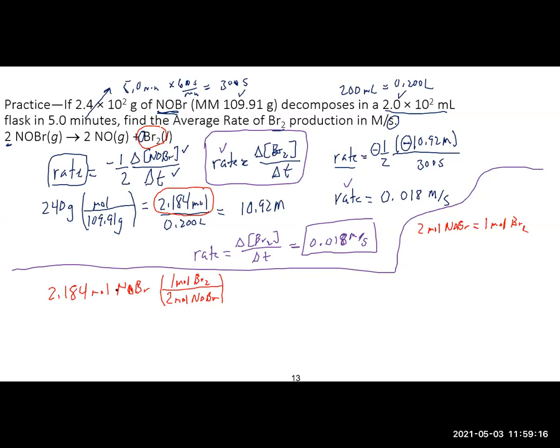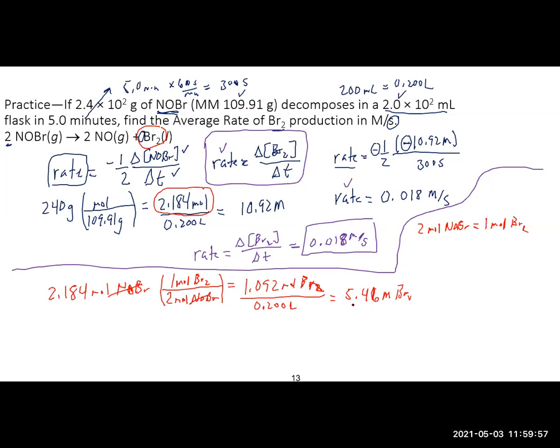And again, the moles of the NOBr would cancel, and you get 2.184 divided by 2, 1.092 moles of Br2, my very badly written one there. At this point, we can convert it into molarity by dividing by our 0.2 L, and we'll be in Br2 molarity. So if we divide by 0.2, we end up with 5.46 molar